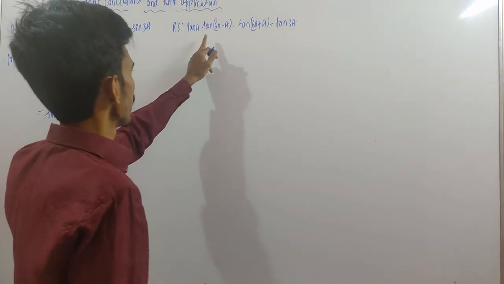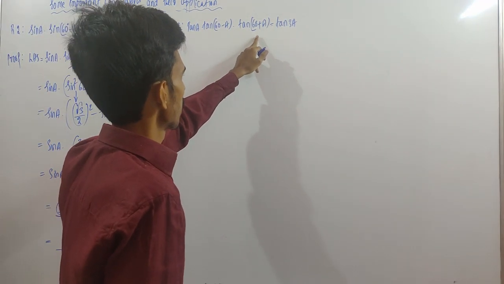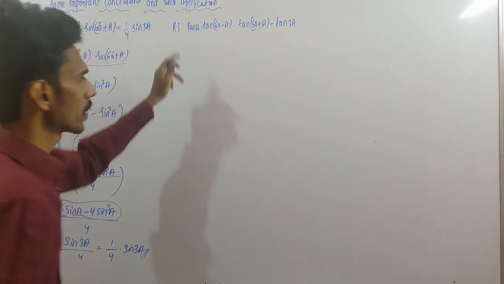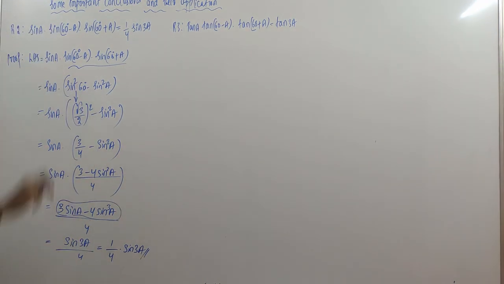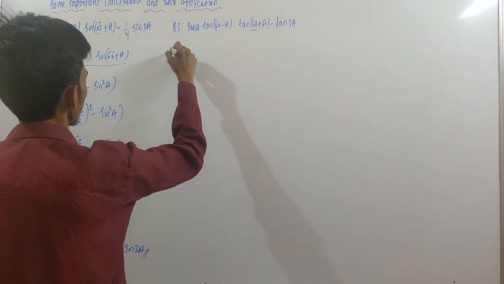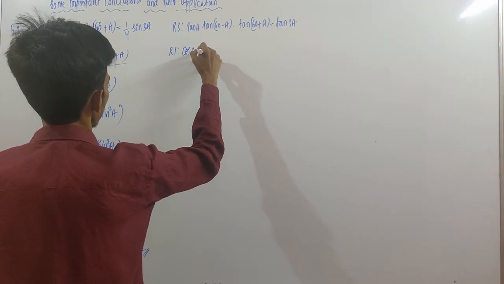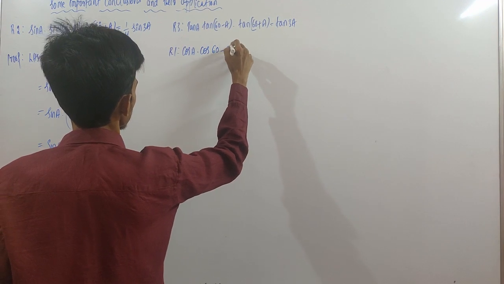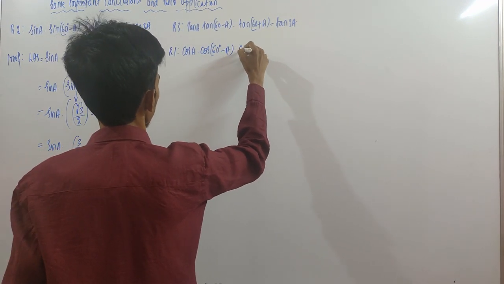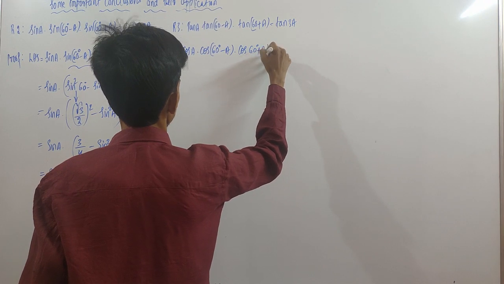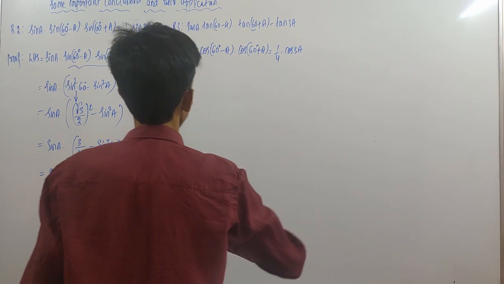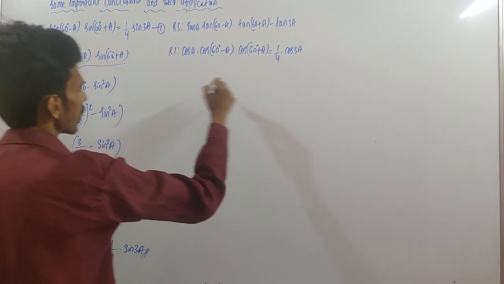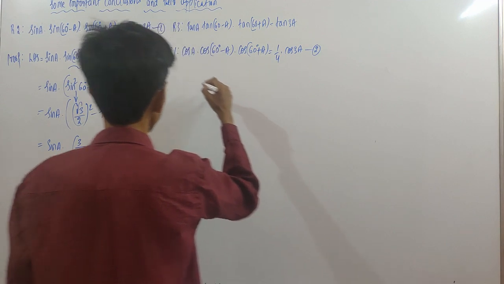Now we can prove tan A into tan(60 minus A) into tan(60 plus A) is equal to tan 3A. This is the third result. This can be obtained by using the two results that we have obtained earlier. We have result 2 sine and we have result 1. Result 1 we have cos A into cos(60 minus A) into cos(60 plus A) value we have 1 by 4 cos 3A. Now this is equation 1. This is equation 2. Divide these two equations.